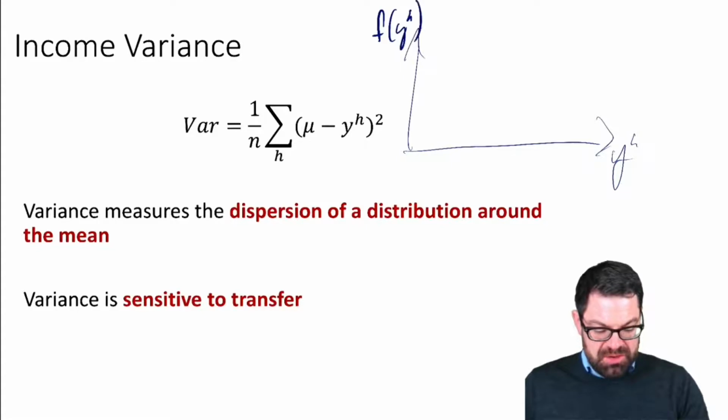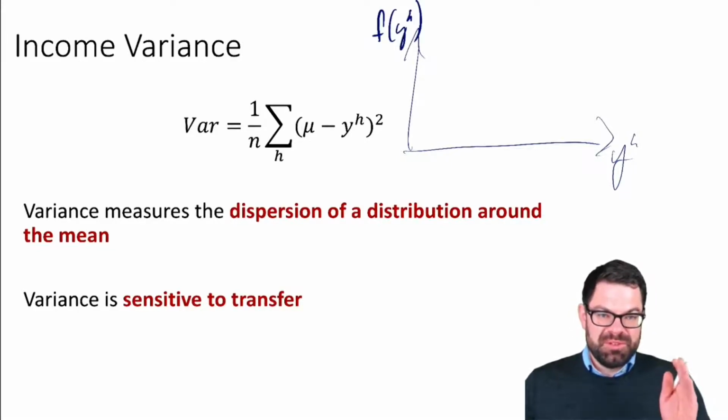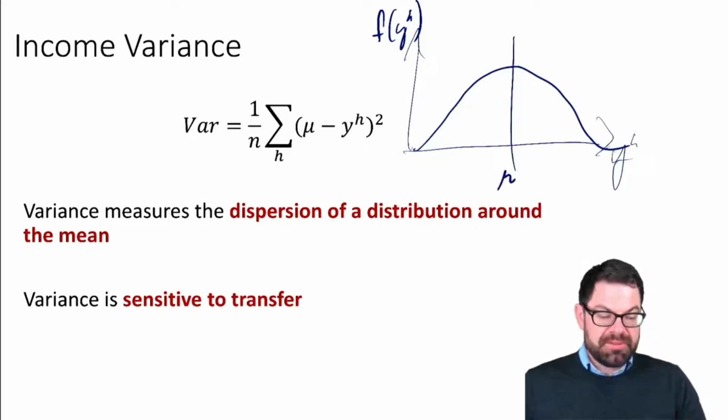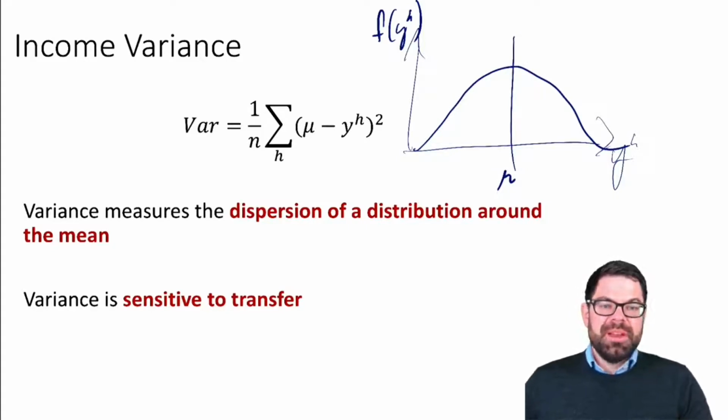So what is the share of overall incomes that fall into this one income bracket? And we typically have a curve that looks something like this. Okay, and so then you have on this curve the mean. So the mean is the average income, and